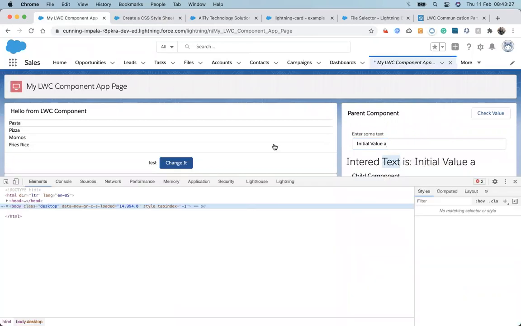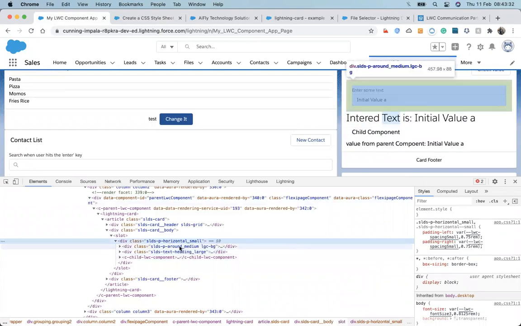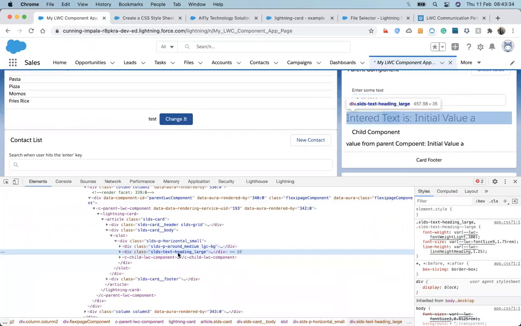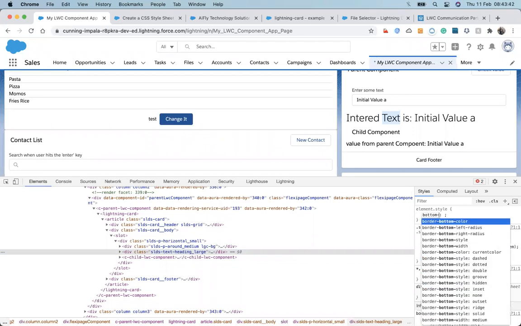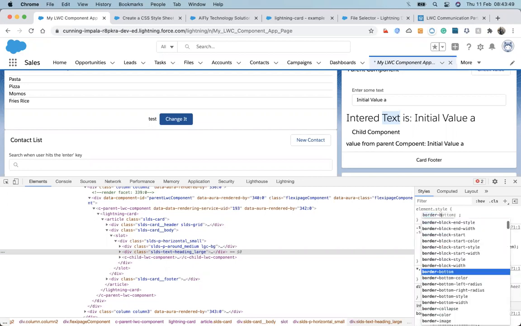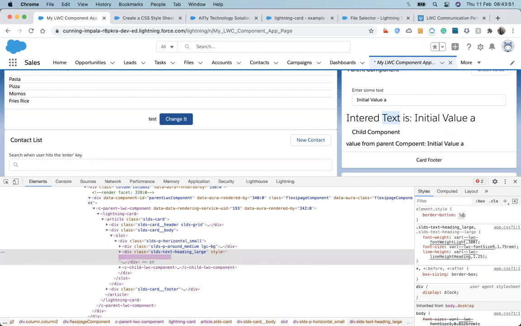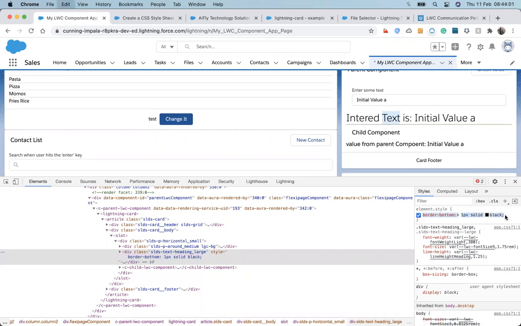Inspect. Border dash bottom. Okay, let's put that.